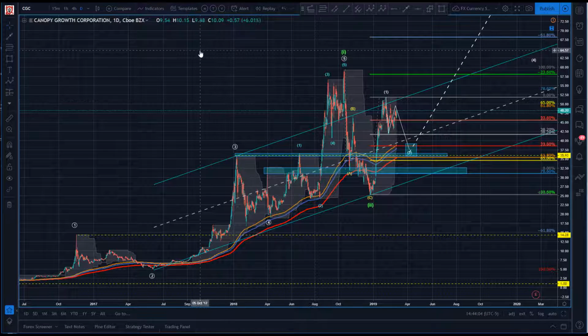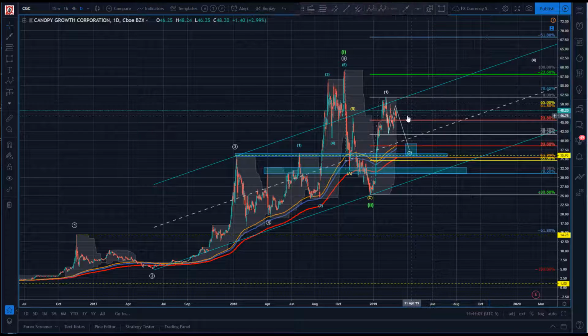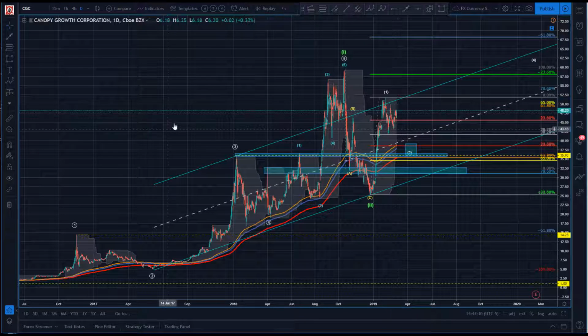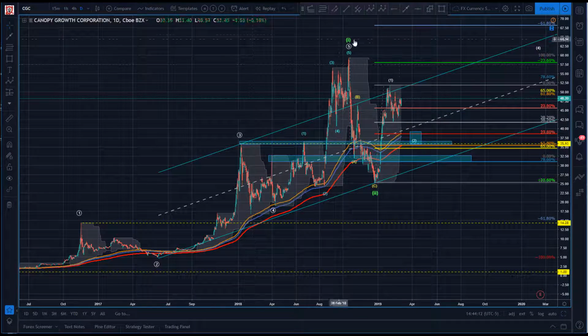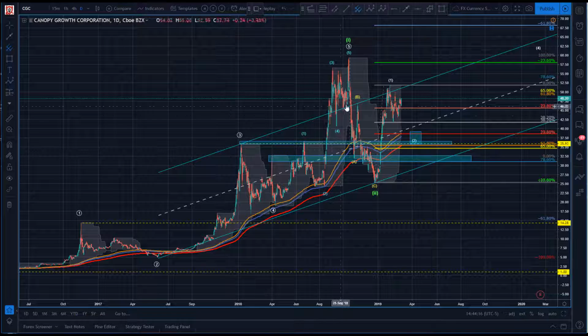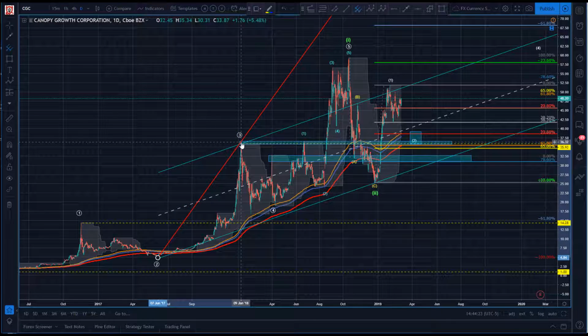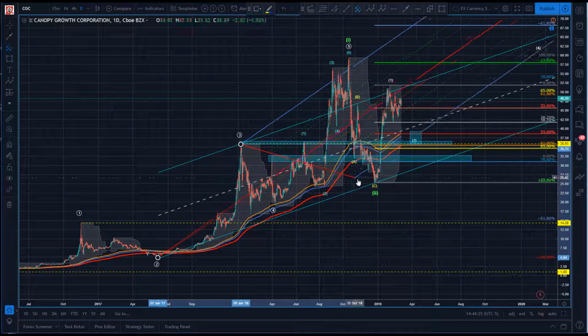Now, the one other thing I thought I would show you here, just to give you a little teachable moment. I've shown it before. This is kind of particular to TradingView. So I have a channel on here because this trend line here hits the B here. So it's just a perfect setup for a channel. But you've got a couple of different ways you can approach that. So as I've shown you before,